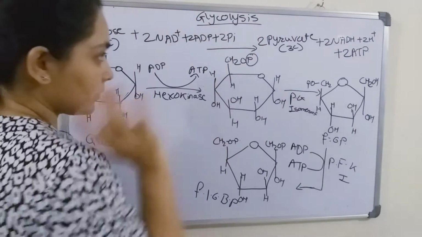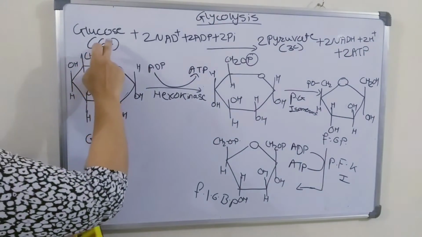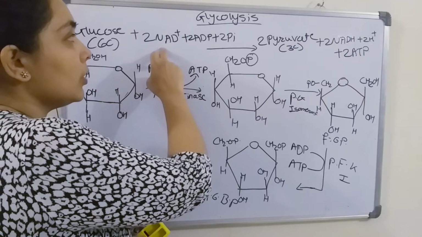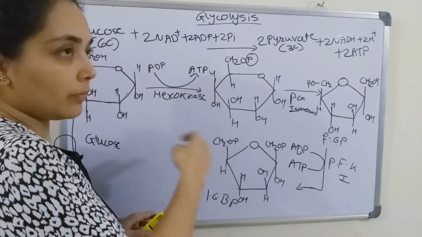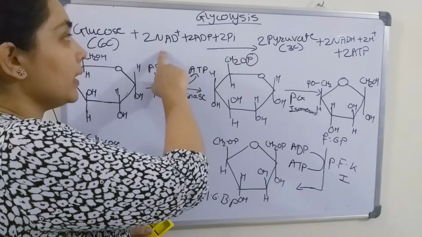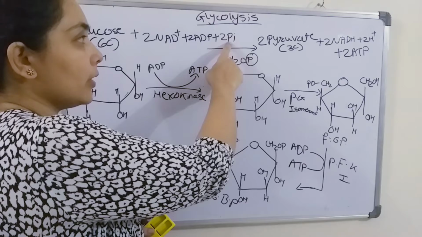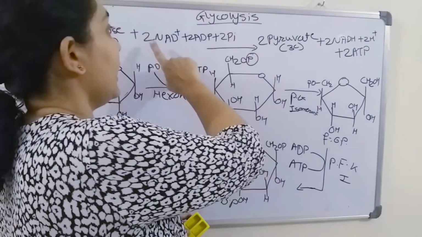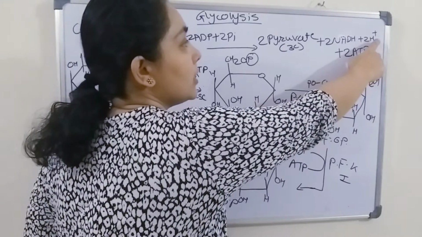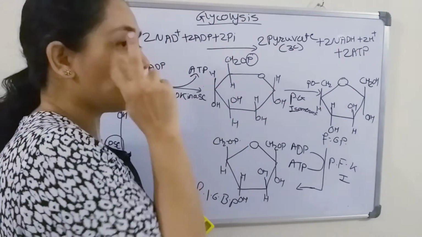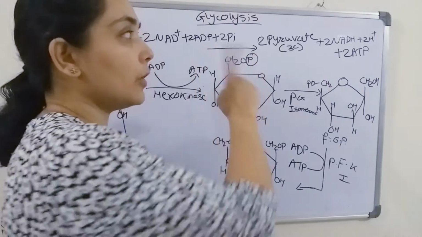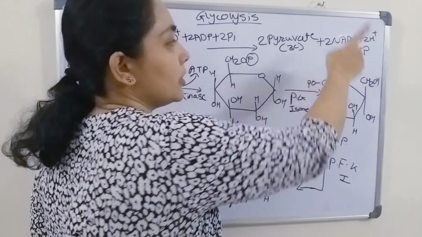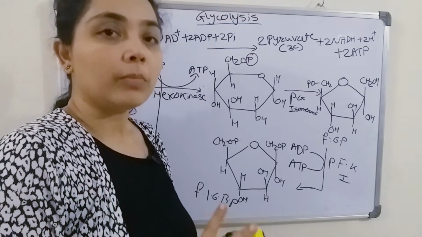Here we will see the overall reaction of glycolysis, starting with the 6 carbon compound. 2 NAD will be utilized. We will see how 2 NAD plus 2 ADP molecules and 2 inorganic phosphate. So the glucose molecule will break down, and we will get 2 pyruvate. NAD will convert into NADH plus H positive, but as from one glucose we will get 2 pyruvate, everything will be 2 here. So 2 pyruvate, 2 NADH plus H positive, and the net ATP will be 2 ATP, but the gross ATP